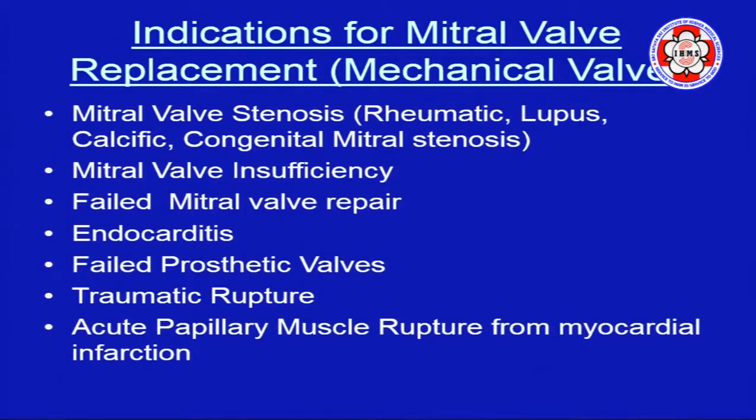Just to briefly indicate the indications for mitral valve replacement with a mechanical valve: mitral valve stenosis, rheumatic, lupus, calcific, congenital mitral stenosis, mitral valve insufficiency, failed prior mitral valve repairs, endocarditis, failed prosthetic valves, traumatic ruptures, and papillary muscle rupture from a myocardial infarction. Just one word I want to say about